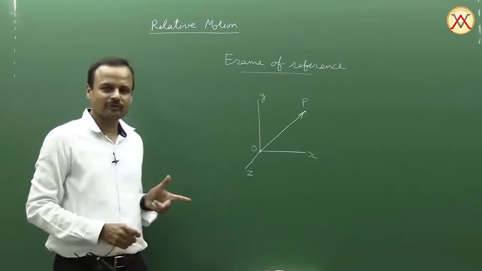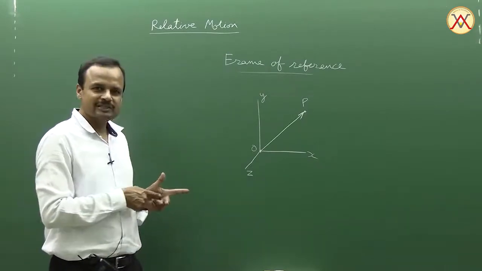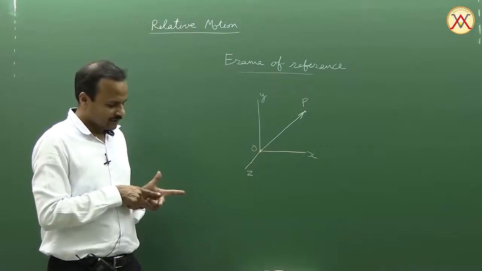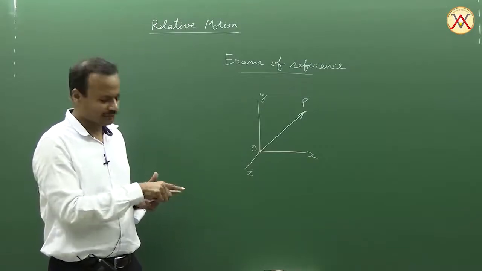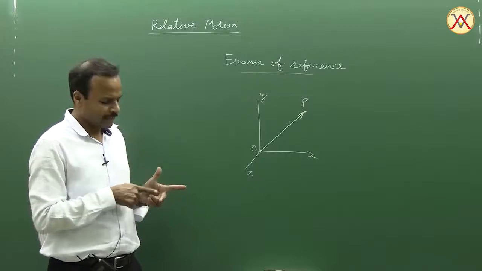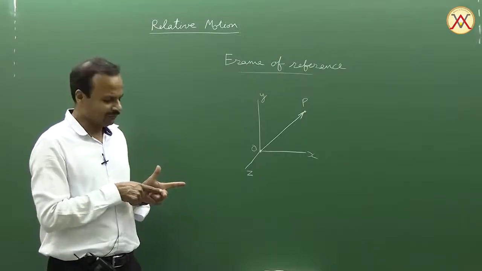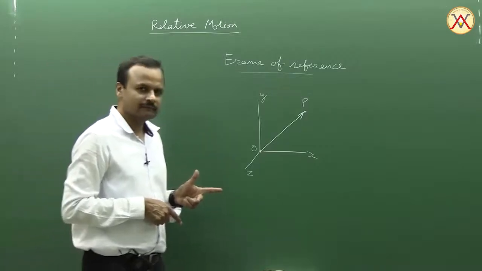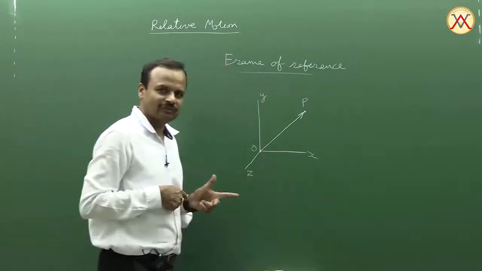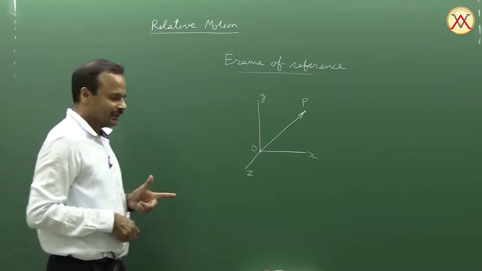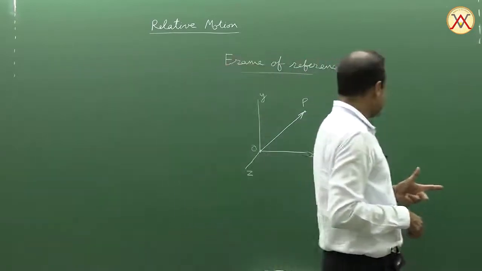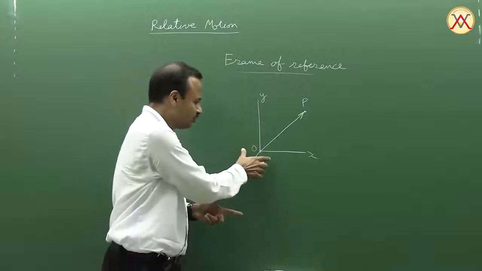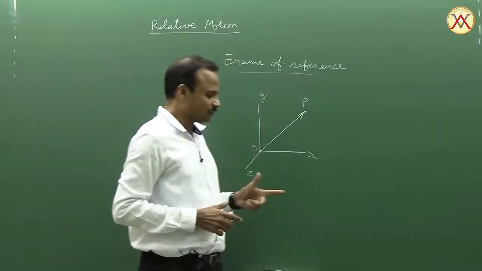Imagine I have another frame of reference which is denoted by my fingers. The x-axis, this finger, the y-axis along the thumb, and the middle finger refers to the z-axis. Now if I start moving, this frame of reference which is attached to me is moving, whereas the one on the board is not moving. This one is moving relative to the board.